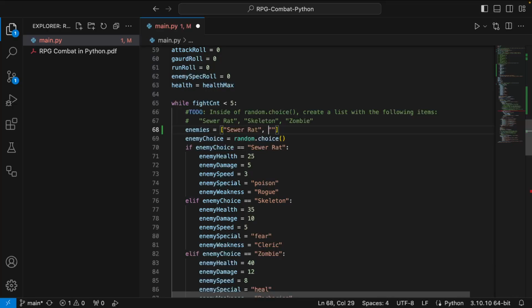Okay, sewer rat, skeleton, and zombie. And then what do I do? Your other parentheses right outside the square brackets. Your normal parentheses. The other one you put on the other side, right?